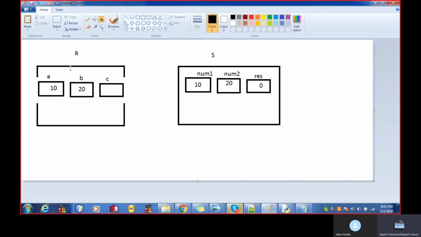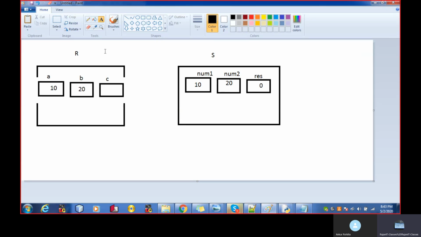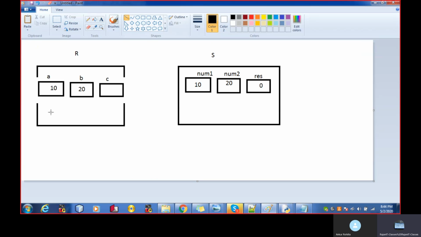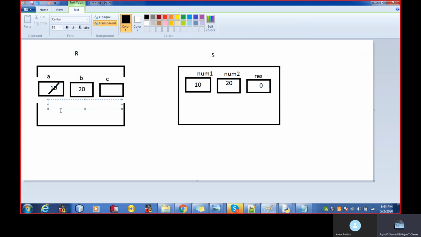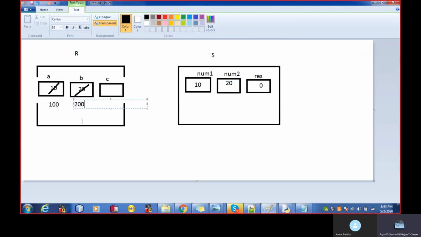Now, after getting the values from Sham in the respective boxes, Ram has changed the value of A from 10 to 100. He has changed the value from 20 to 200, right?